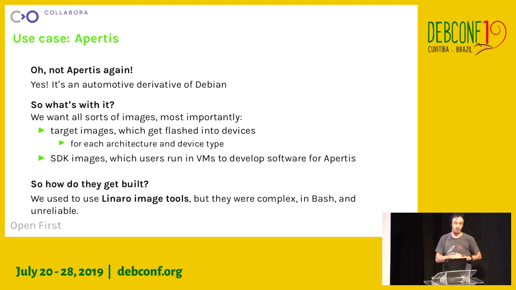We often had issues that loop devices would not mount properly, and it would only be solved by completely rebooting the worker on which the image was built. So lots of people on this project were frustrated with that process,